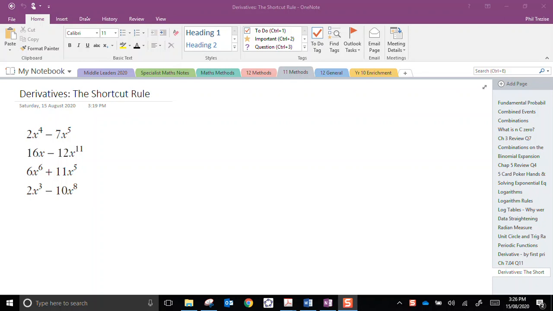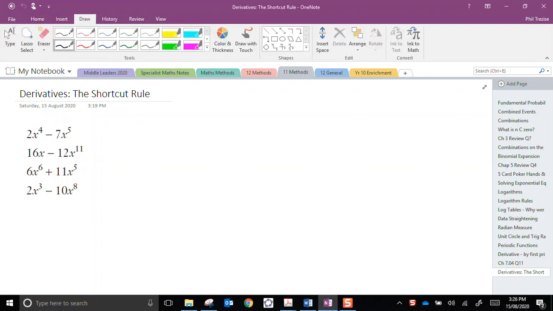Hi everyone, in this video I'm going to demonstrate how to take derivatives of these sorts of functions using the shortcut method. Now let's have a quick review of the shortcut method. So if we had a formula where y equaled some constant a times x to the power of n, then the derivative dy dx of this function,